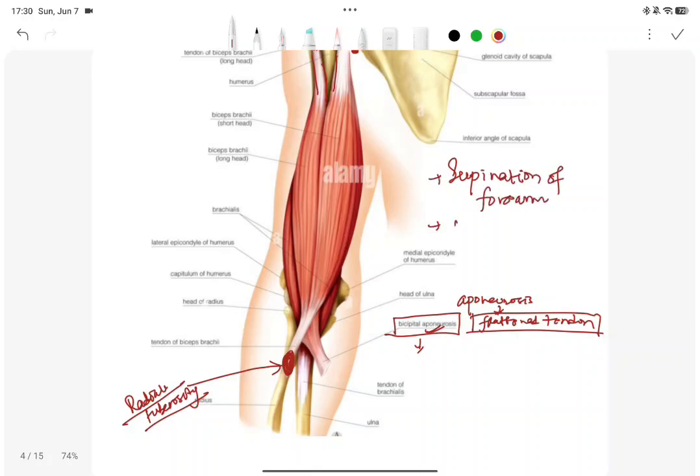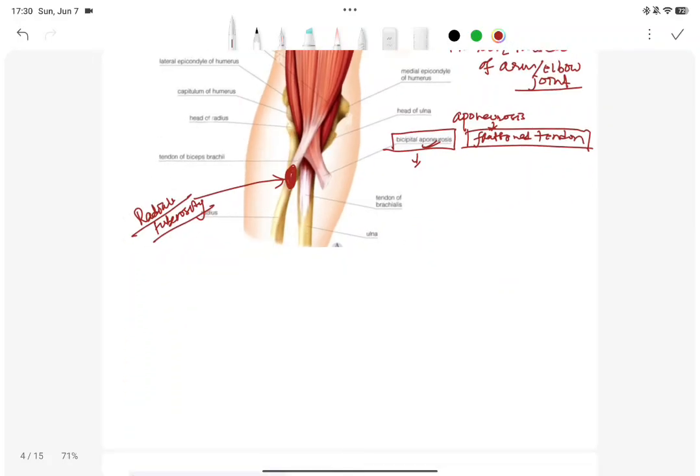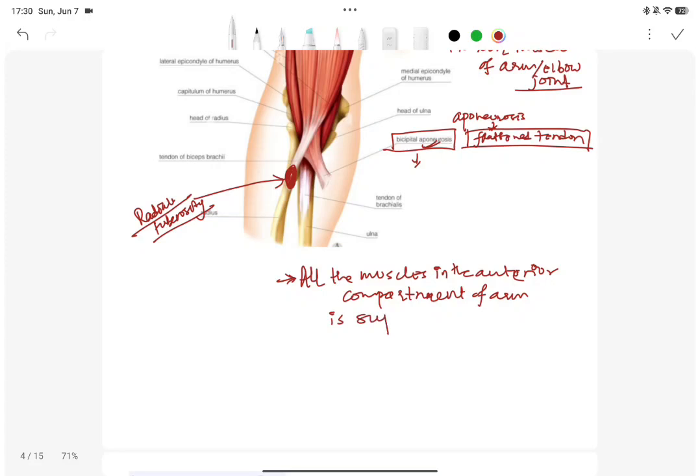Arm also is a flexor muscle of the elbow of arm. Arm, or elbow joint, let's say. So this muscle causes flexion at the elbow joint. So this muscle is supplied by, let me remind you of one thing, all the muscles in the anterior compartment of arm are supplied by